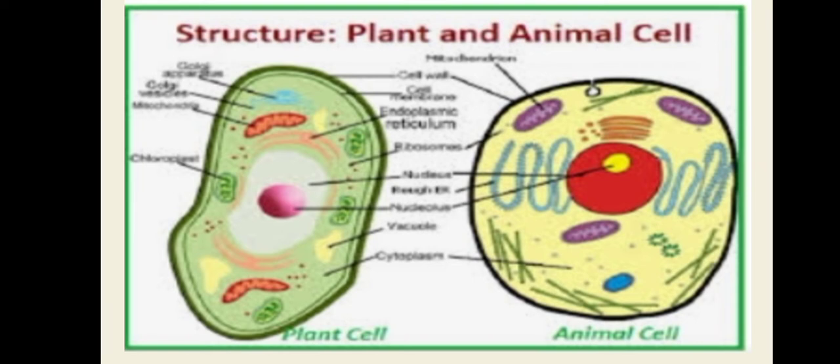The main similarities between plant cells and animal cells are: both the plant cell and the animal cell have a cell membrane or plasma membrane around them. Plant cells and animal cells have cytoplasm and they also have a nucleus. So these are the similarities between plant cell and animal cell. Besides these, the plant cell as well as the animal cell have a nuclear membrane. Plant cells and animal cells have mitochondria also.